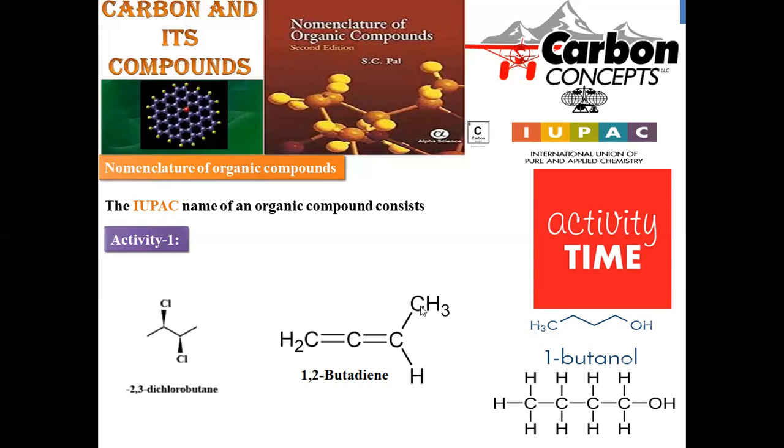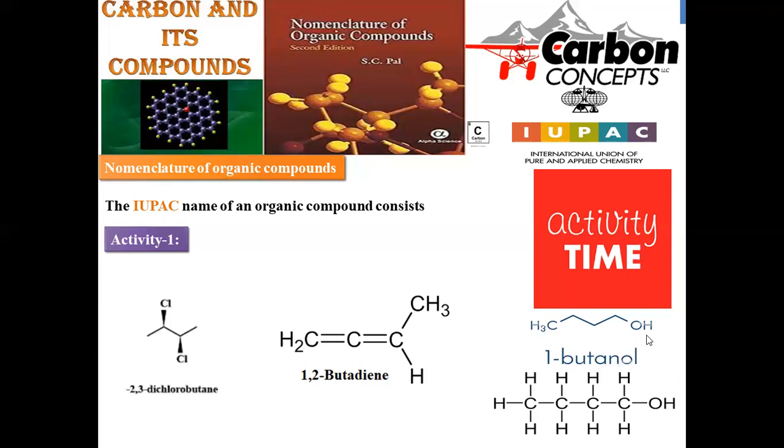This is the system where we have a 4-carbon parental chain, and the numbering should obviously start from the functional group, so on the left side we assign numbering 1, 2, 3. The double bonds are located on the first carbon and on the second carbon as well. That's the reason why you have to give 1, 2. How many double bonds? 2 double bonds, so "di". Then what is the suffix? A double bond is given "ene". Then what is the parental chain? Buta. So 1,2-butadiene is the entire name of this compound, where we have 4 carbons and 2 cumulative double bonds on adjacent carbons.